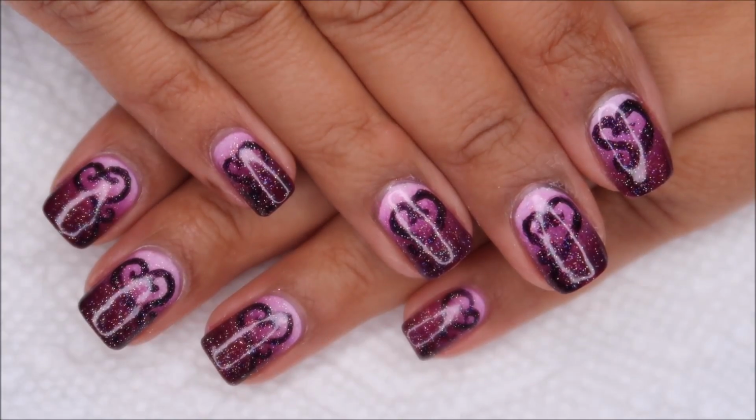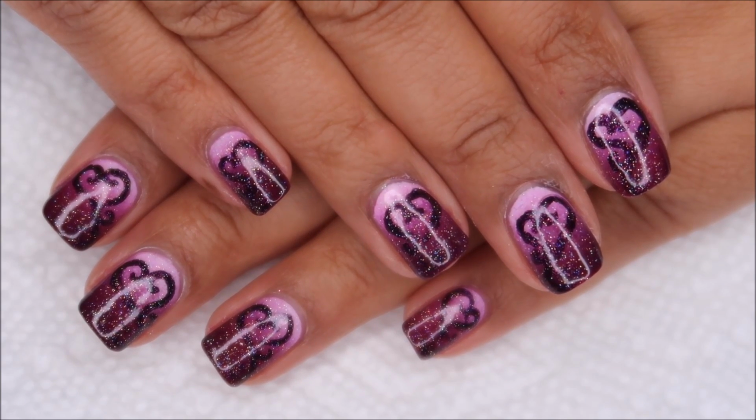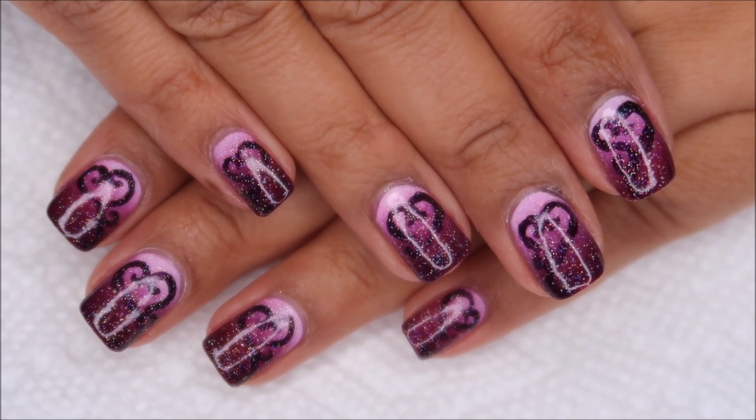Hi guys, it's Colette, and today we're going to be working on this Mauve Gradient with swirly filigree hearts for